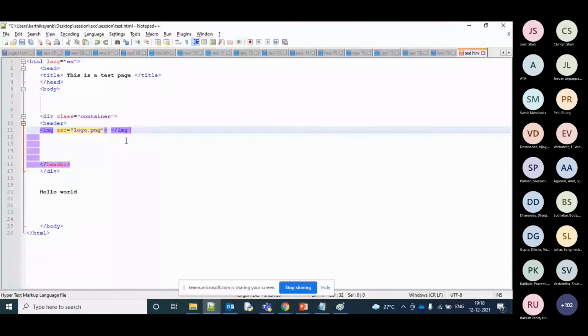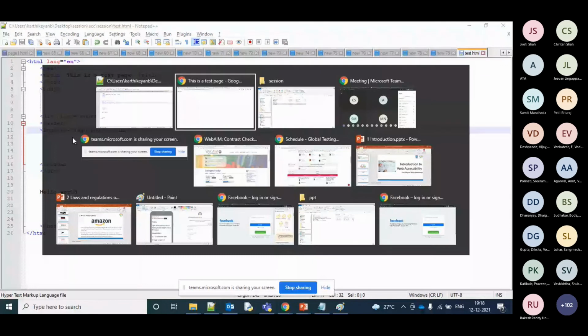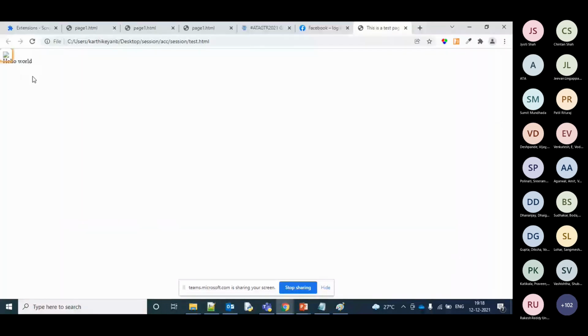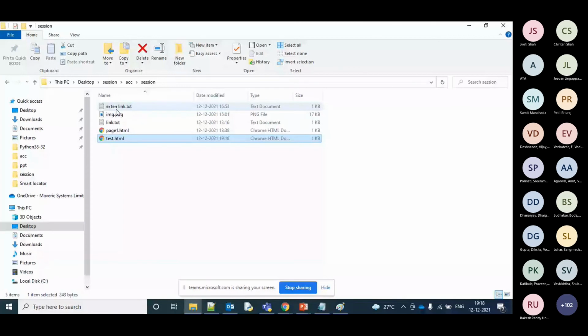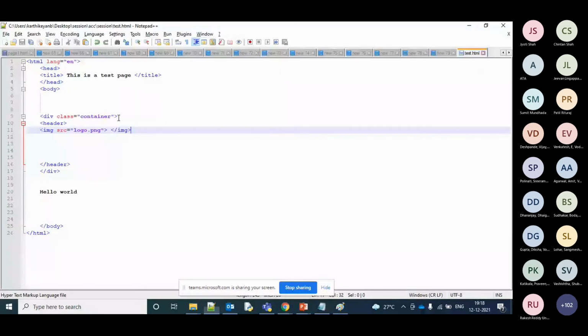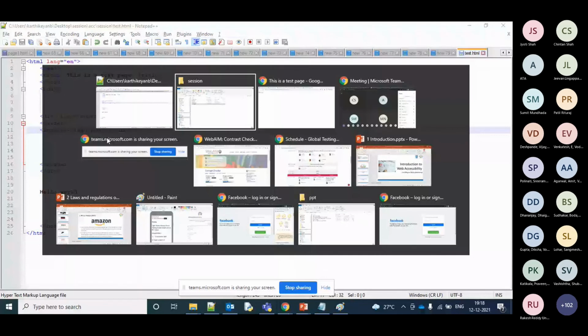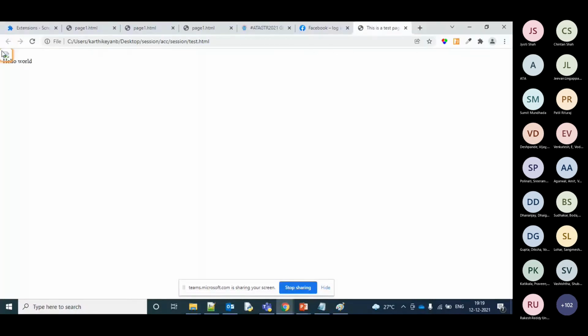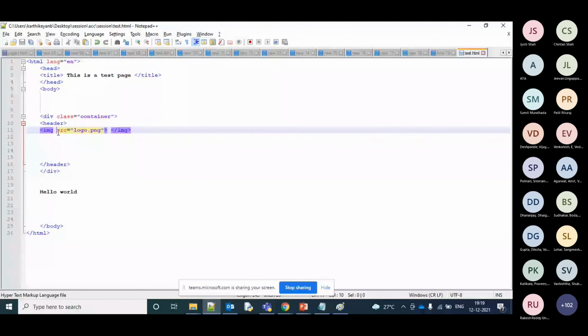As I told you last time, this will display only a normal image, and if I had given alt text, that would have been shown. I named the image wrongly, so let me do it one more time: image.png.